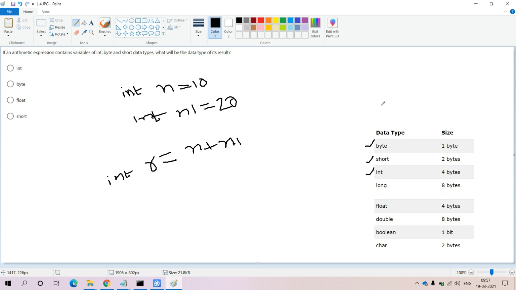In an arithmetic expression with different data types, after completion of the entire expression evaluation, whichever variable has the highest data type, the entire arithmetic result will be converted into that data type only. Here we are providing int, byte and short, and integer has the highest size, so the entire arithmetic expression result will be converted into integer type. Out of all the four options, the right option is integer.